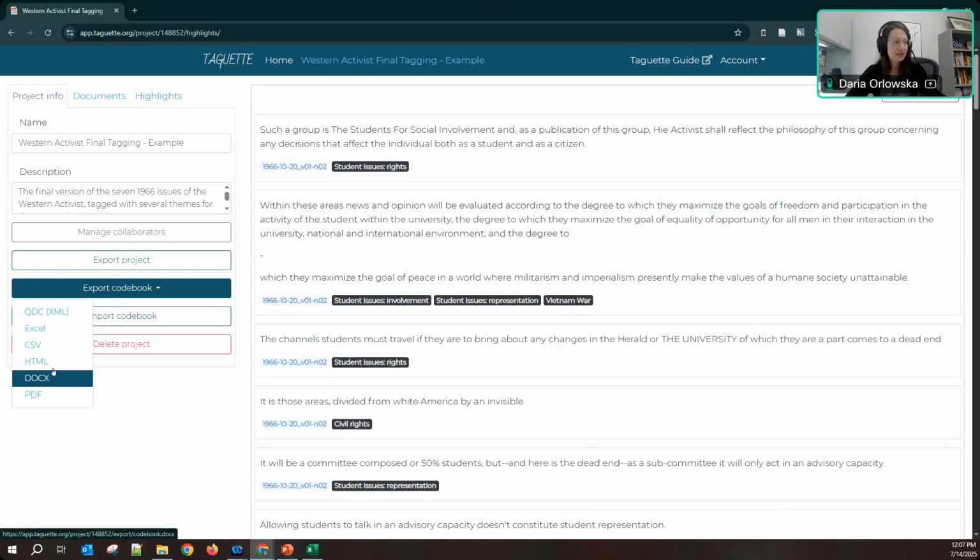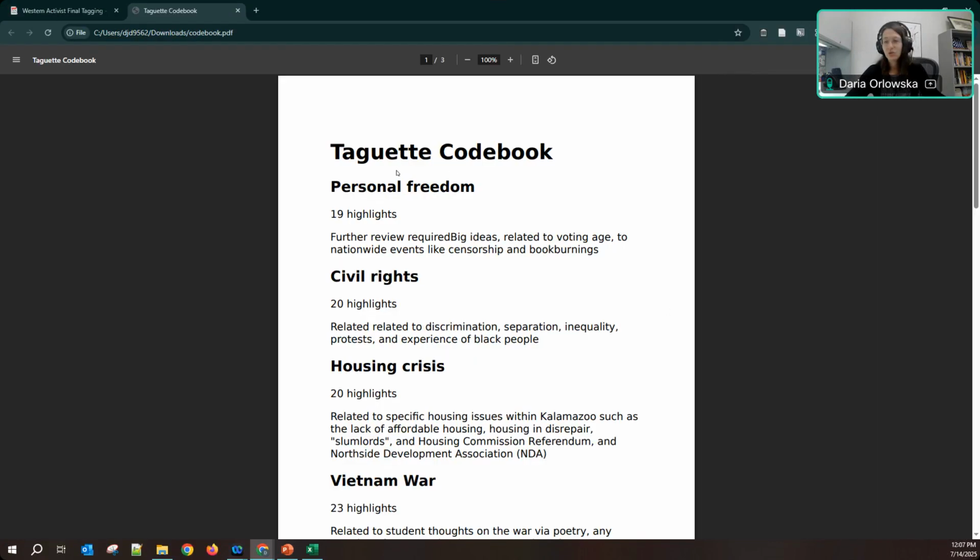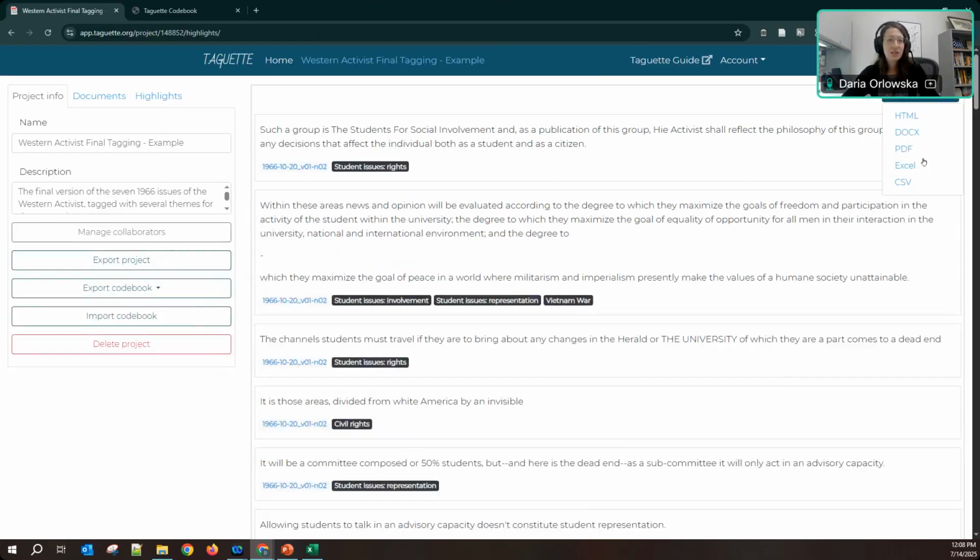I can export it as a PDF, and it looks very similar to when I exported the entire manuscript. It has the codebook, the name of the tag, how many highlights, and the description of it. Or I can export this as an Excel or a CSV,